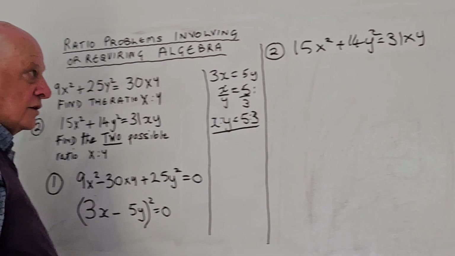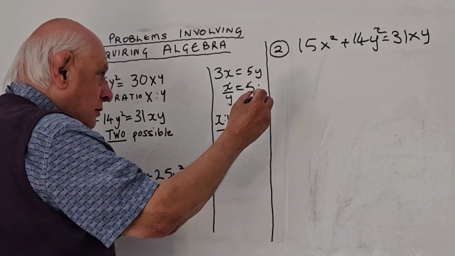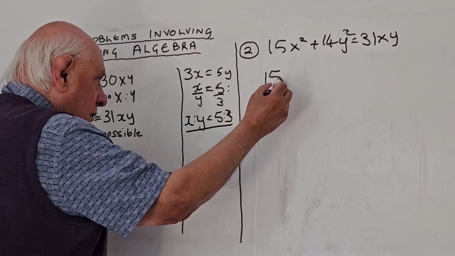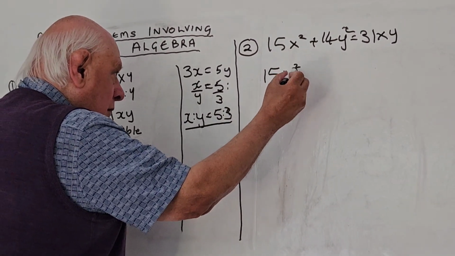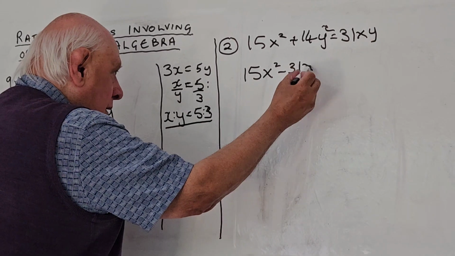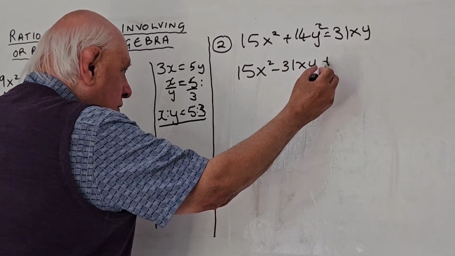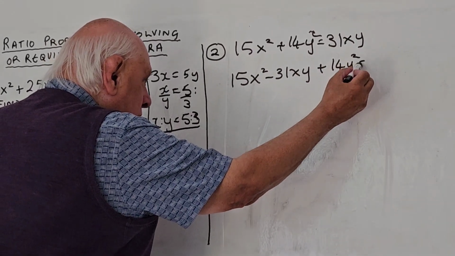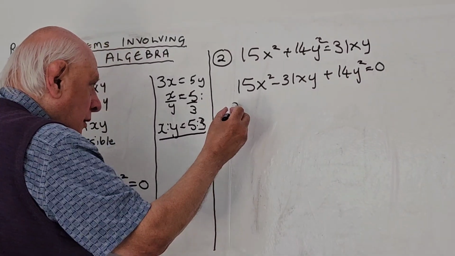And again, rearrange it as before so that the right hand side will become 0. So 15x squared minus 31xy plus 14y squared is 0. And I'll now factorize